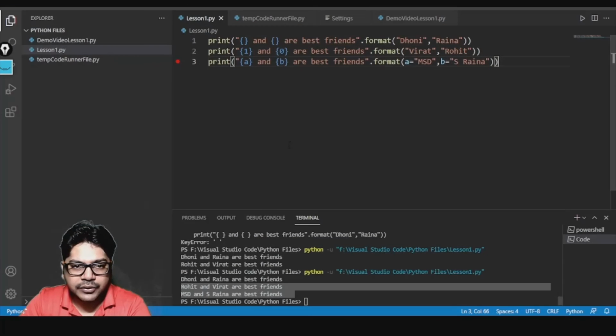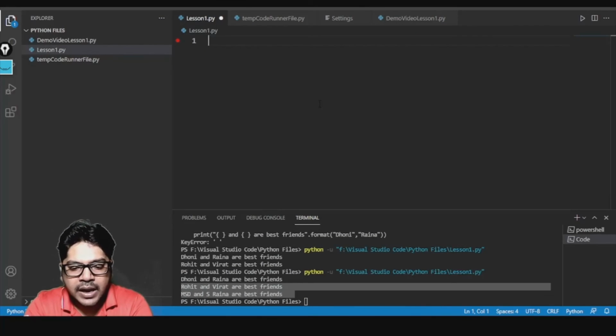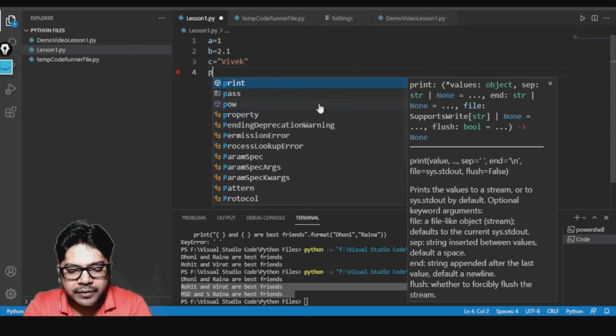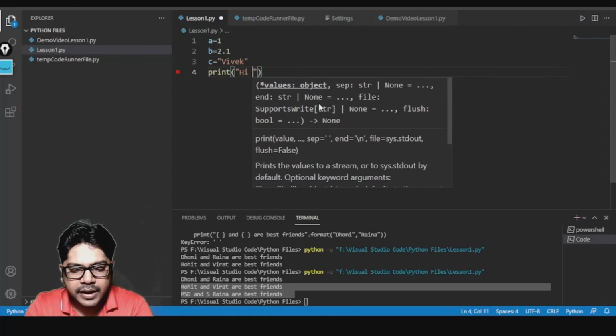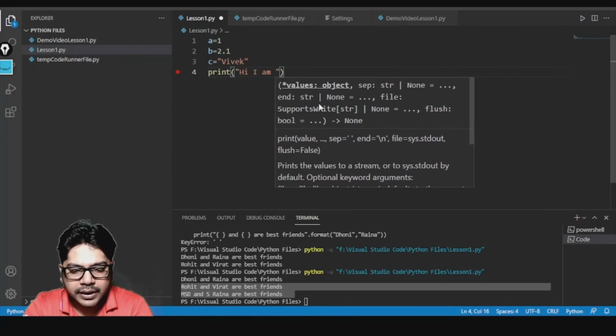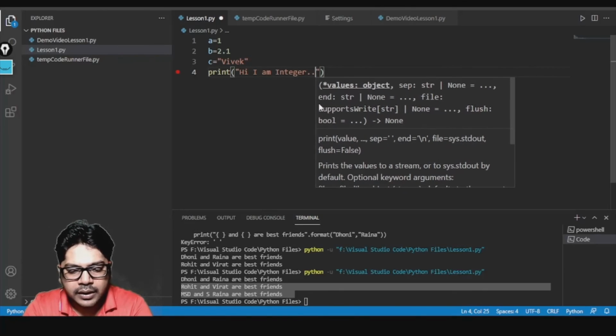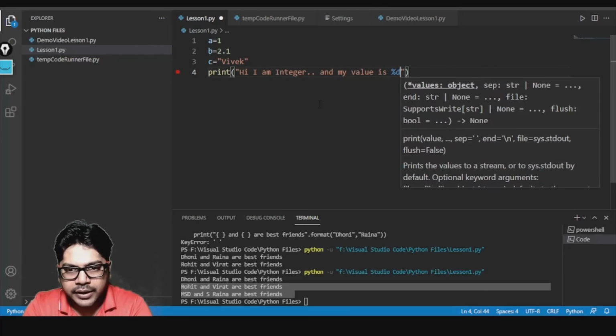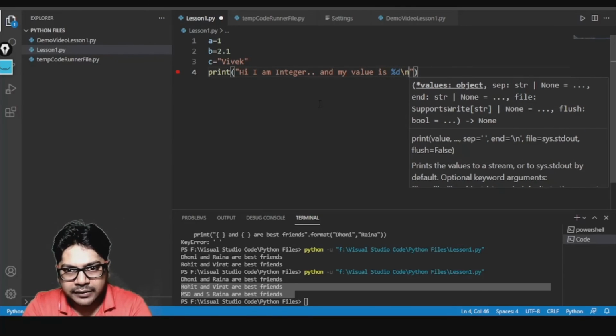Let me delete this part and create three variables: a is equal to 1, b is equal to 2.1, and c is equal to Vivek. Then here I will write print "Hi I am integer and my value is %d", then backslash n to change the line.